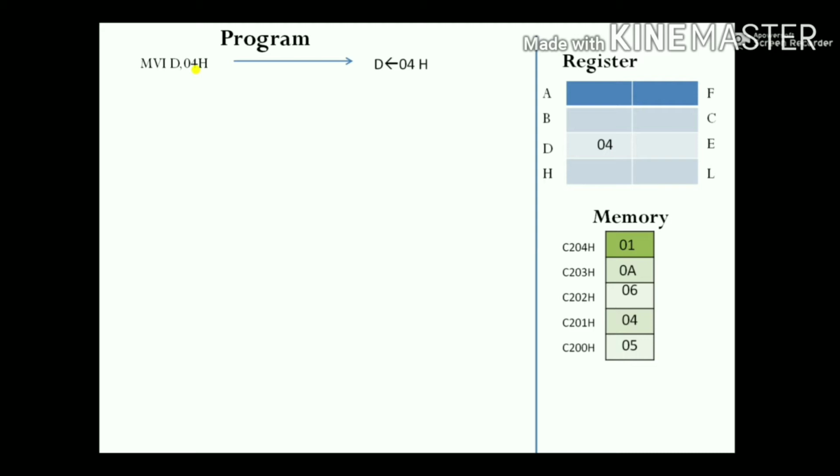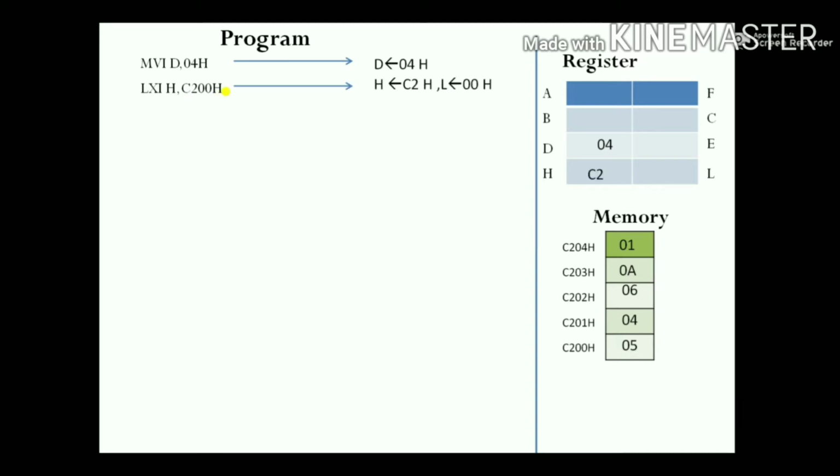Now this data is in the memory locations, so we need to take this data somewhere so that we can compare it. That is why we will be using the instruction LXI H, C200H. After this instruction, what happens?